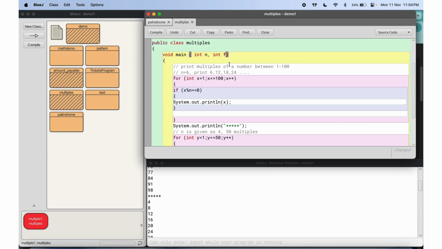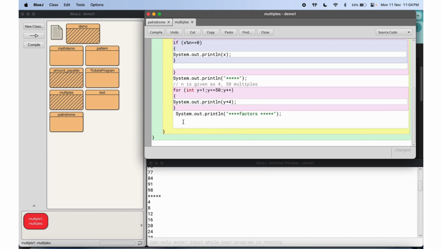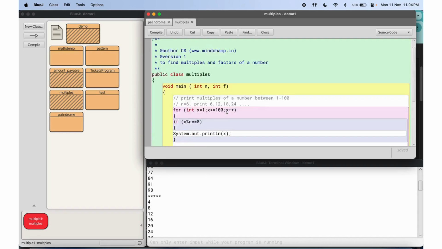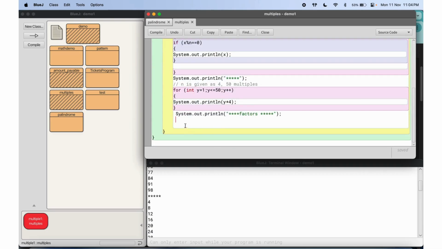Okay, I'll just take f as a number. All right, so now you want all the factors of this number. If the number is, let's say, 45, it should print 1, 3, 5, 9, 15, like that. So we'll have to run a for loop